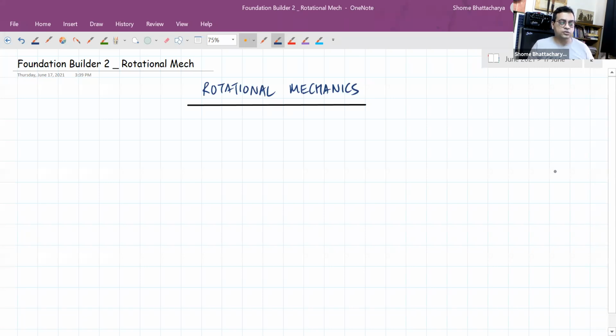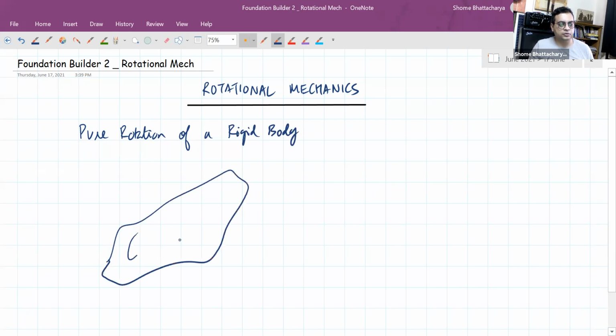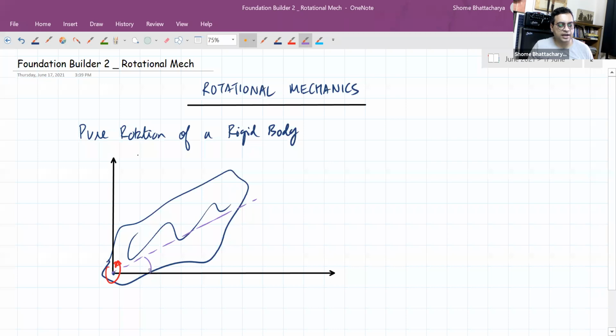So what we had discussed on the basis of pure rotation last time, let's quickly recap that. We had seen that if a rigid body of any shape is rotating about a fixed axis like this, then with respect to some reference axis within the rigid body, like a reference axis like this one, we define angular position,